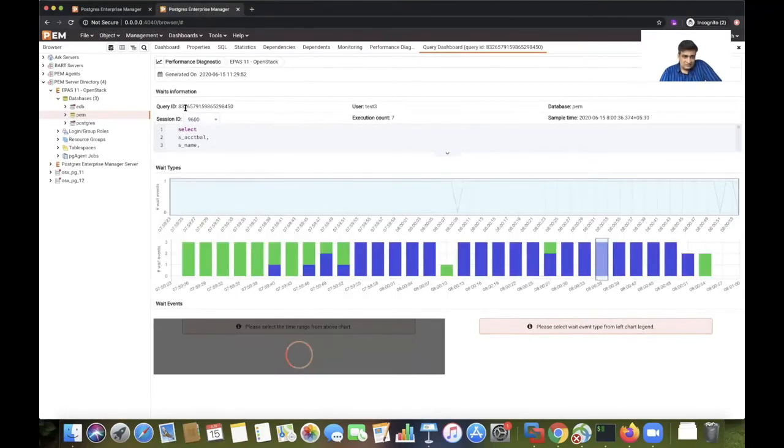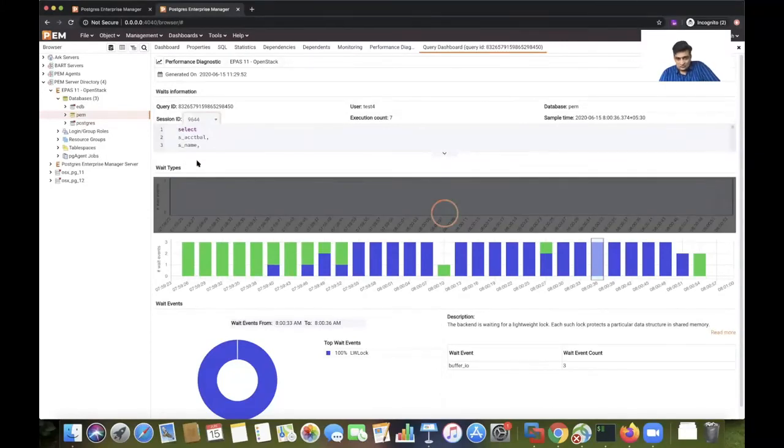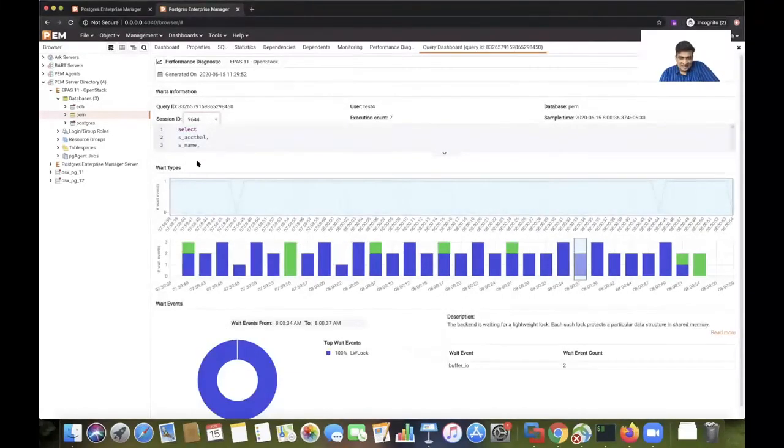Basically, an internal query ID will be generated, along with which user it is running as, how many times this query was running at this particular sample time, how many queries were running for the same query, and what database it was running on. You can go through each and every session here to see over the period of time how much time they have really spent there.